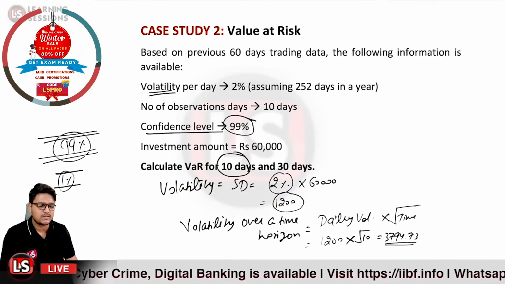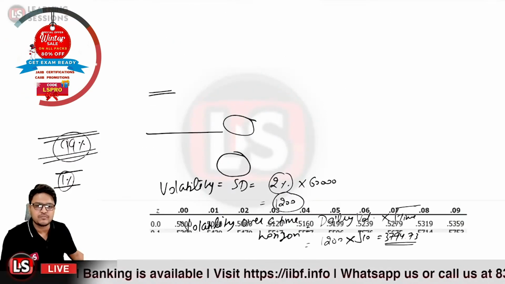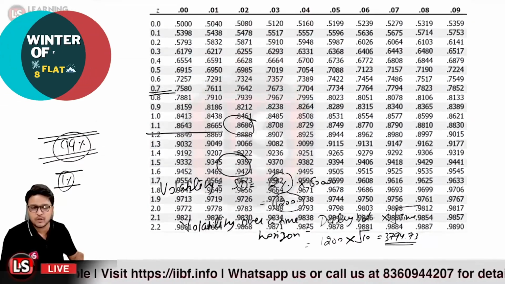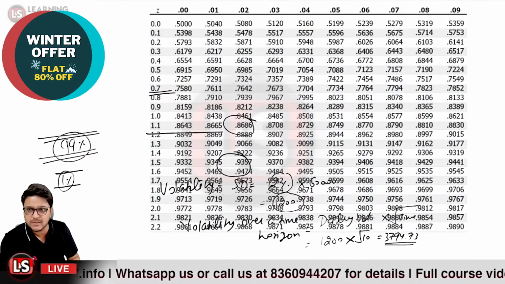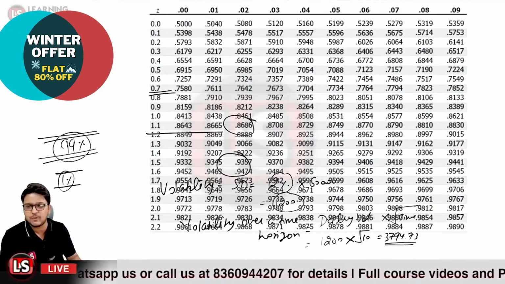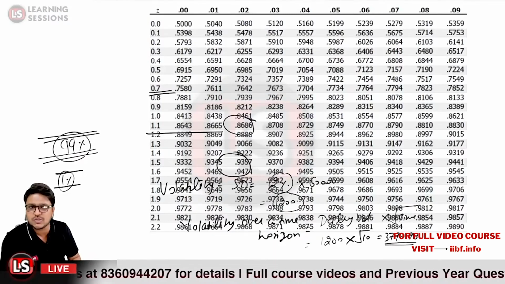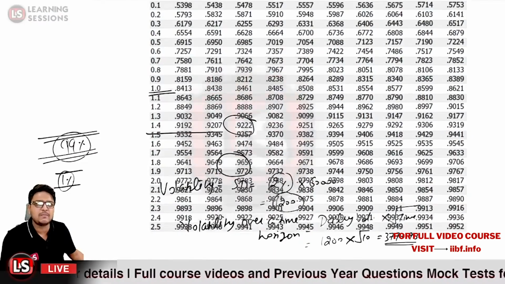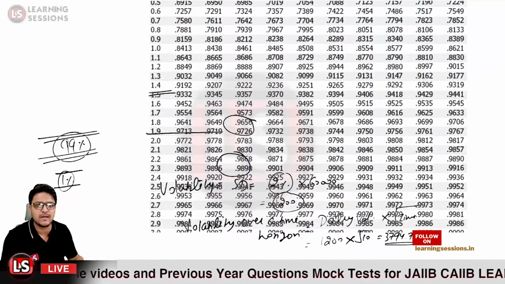Let us have a look at the Z table value over here. In the case of the exams, you need to memorize some of the commonly used Z table values, that is 99.99%, 90%, 95.5%. These are commonly asked values in the questions itself. Over here we need to get the 99% value, so just look at the 0.99 value only.